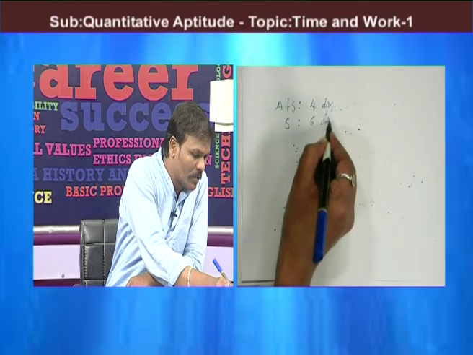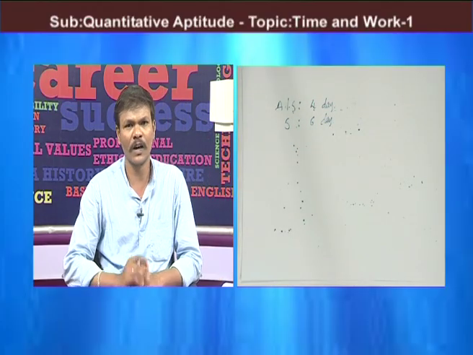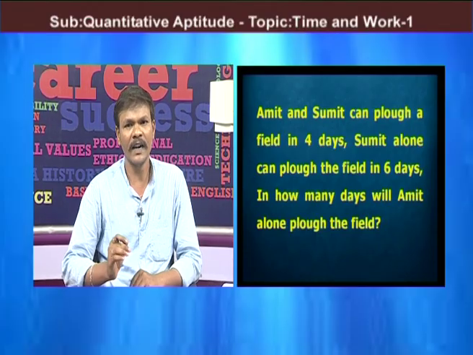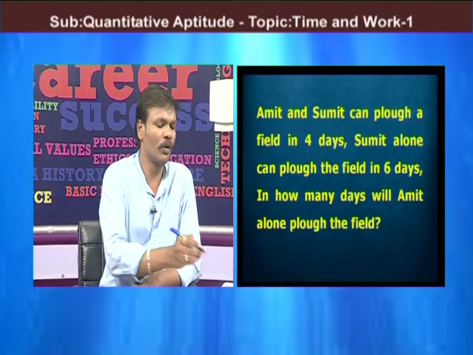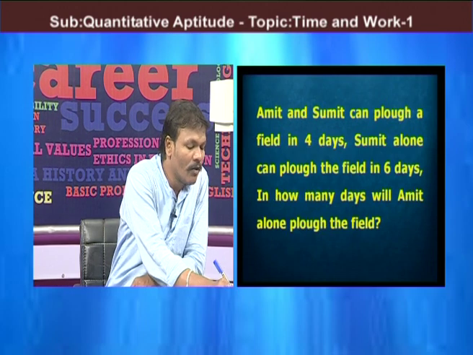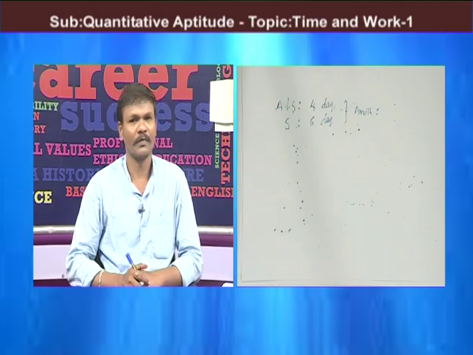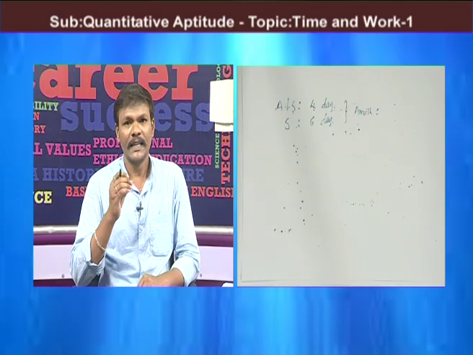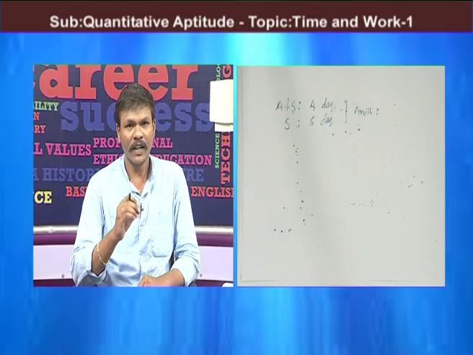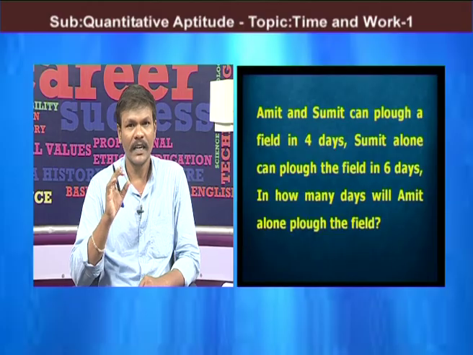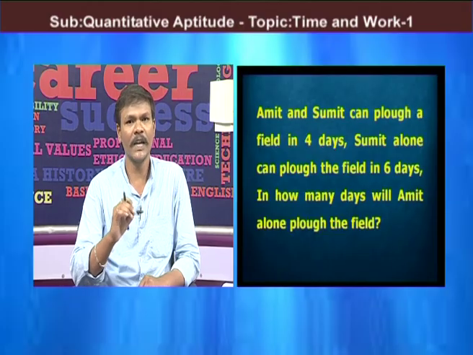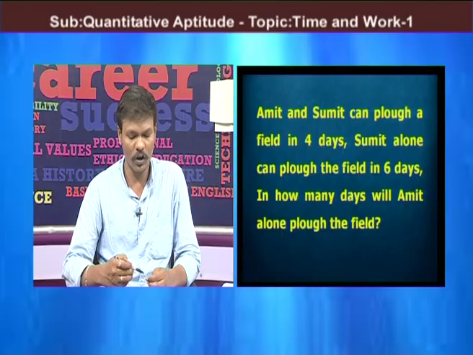We have the second statement as Sumit alone. The question is, how many days will Amit alone take to plough the field? Now, see the problem. This is A and B working together in 4 days, A alone in 6 days, and B alone is the question. So, Amit is,